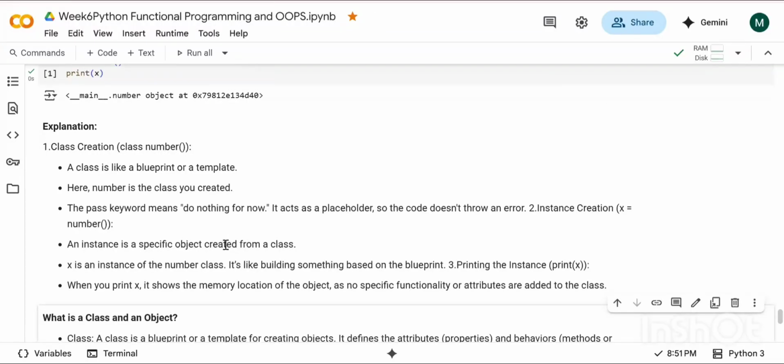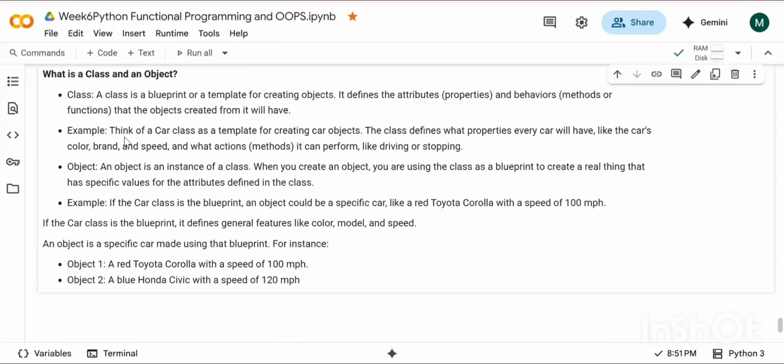Now, guys, let's start with the real thing. What is class and an object? We have already learned what is class and object, so let me just read that out for you guys again. If there will be any doubt, just let me know right now. So class. Yeah, if you do not want any kind of error, then pass is compulsory, Meenakshi.